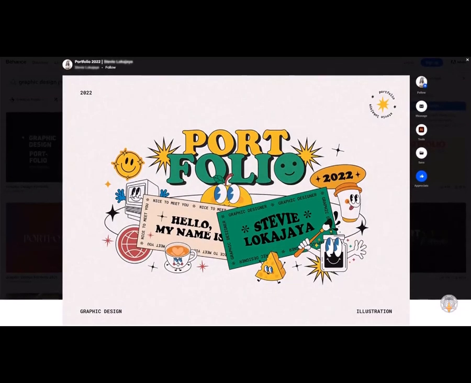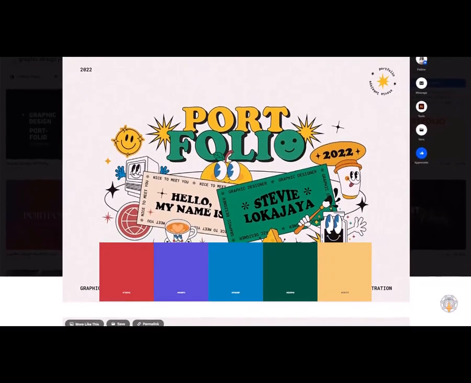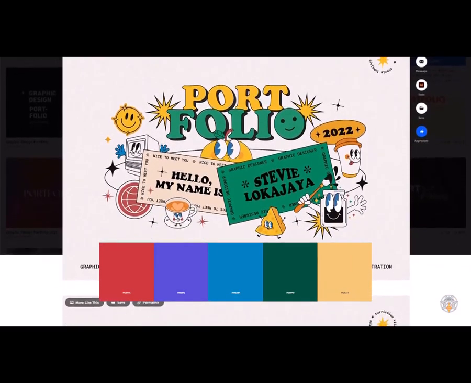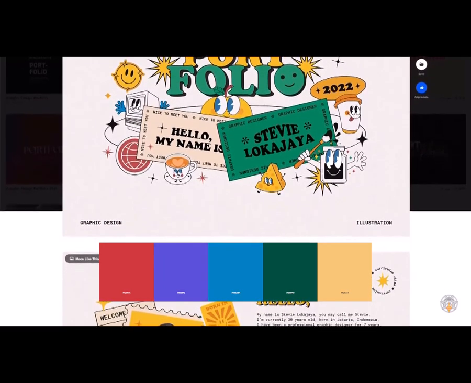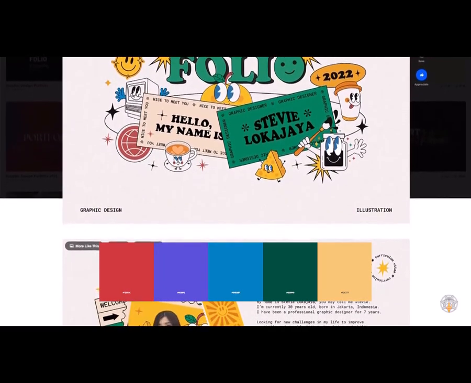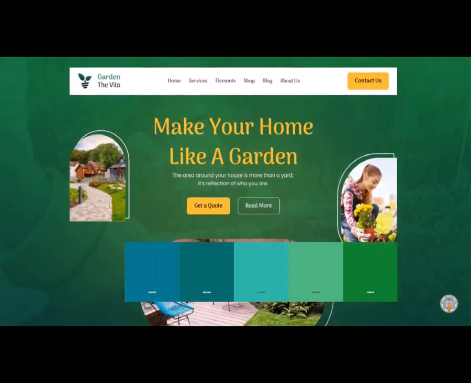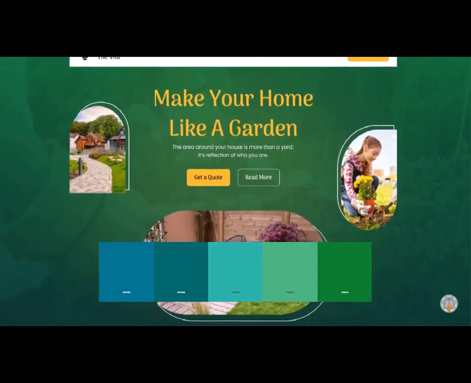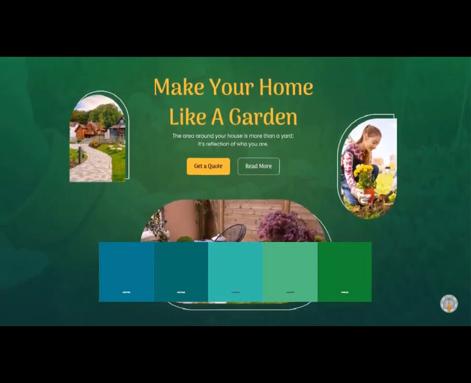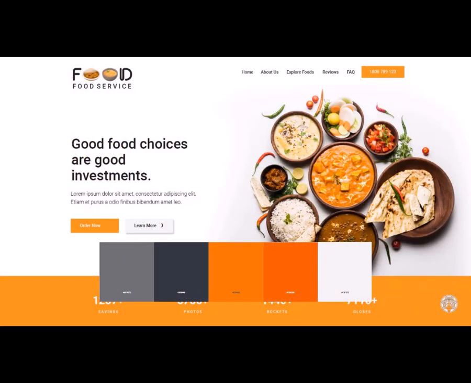Let's take a look at some website layouts so that you can see exactly which colors are used for a particular category of website. This is a personal website created for a portfolio. The designer has chosen his favorite colors in the website. Here you can see more greens are used in order to create a natural atmosphere. In food websites, reds, browns, and colors related to red are normally used.